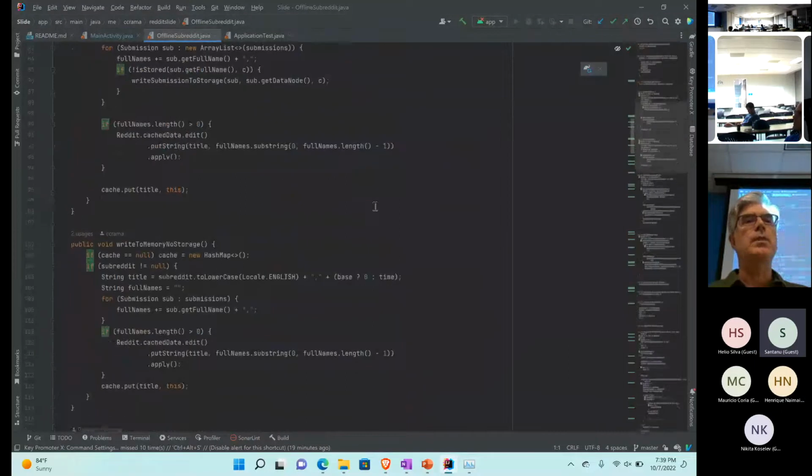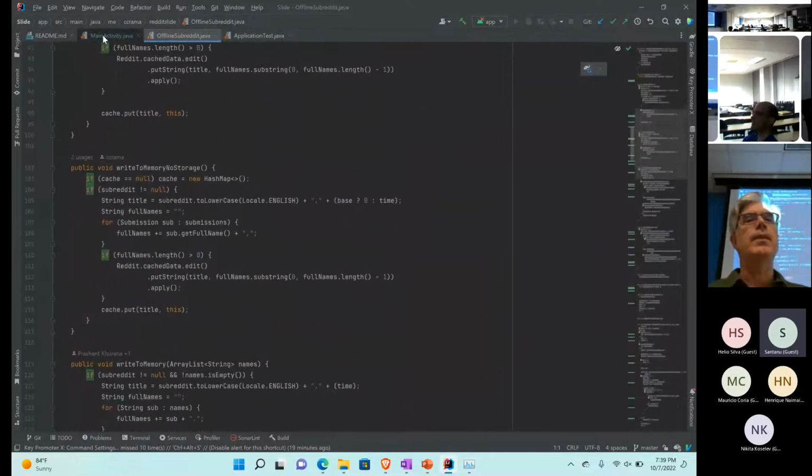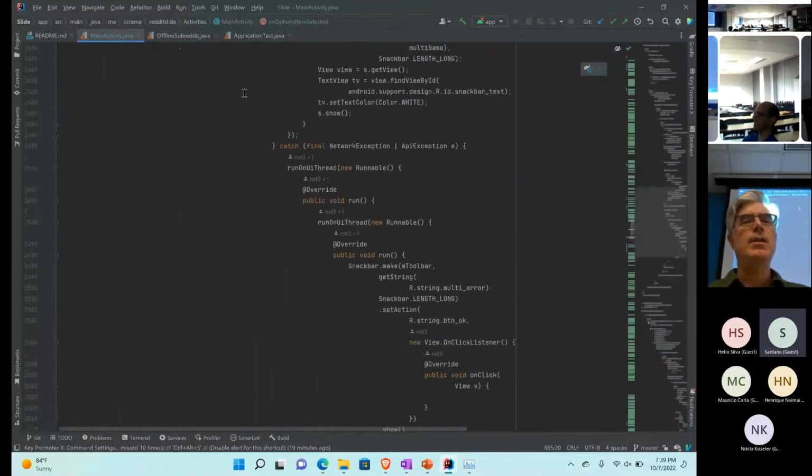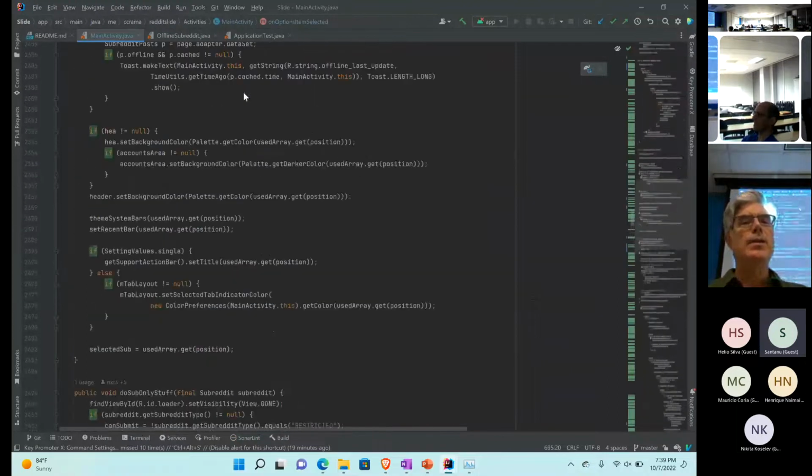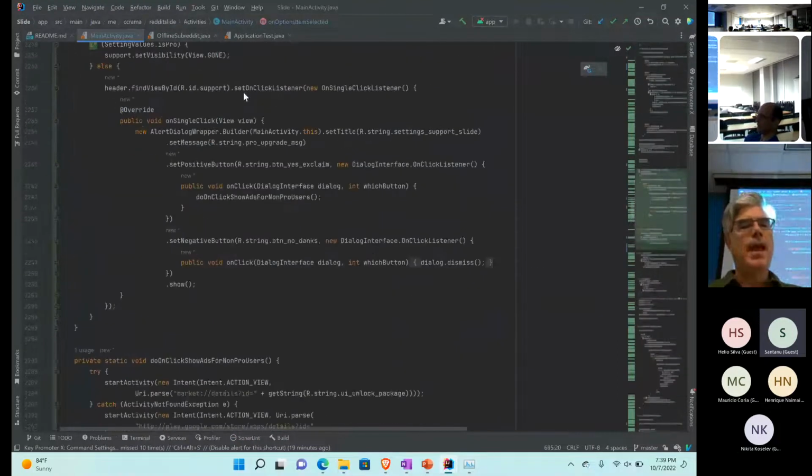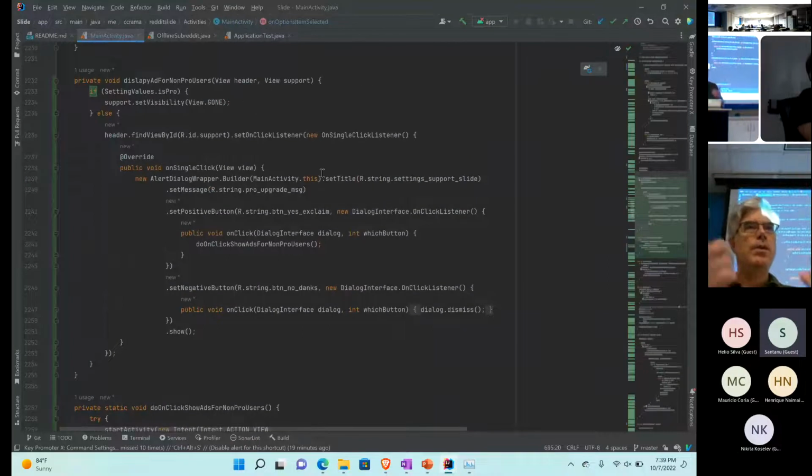I'm looking at the main activity. There we go. I see this long thing in here, and I decide I want to start cleaning it up and make it easier to work with. We started doing this last Wednesday. Okay, we could probably break this out. We probably turn that into